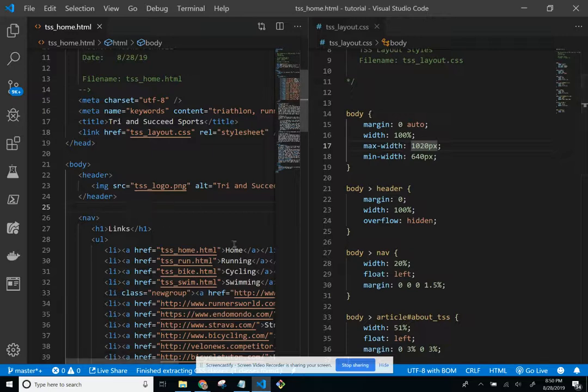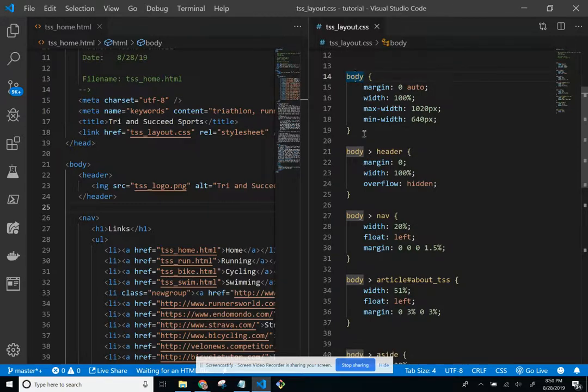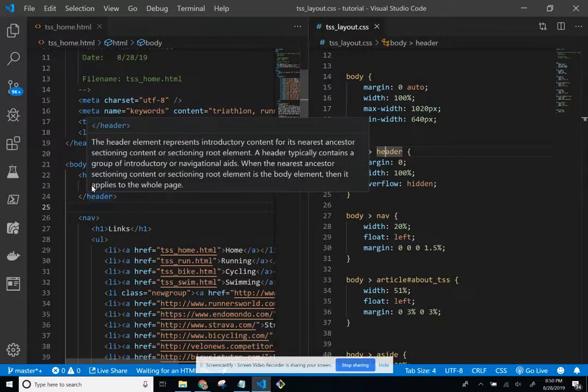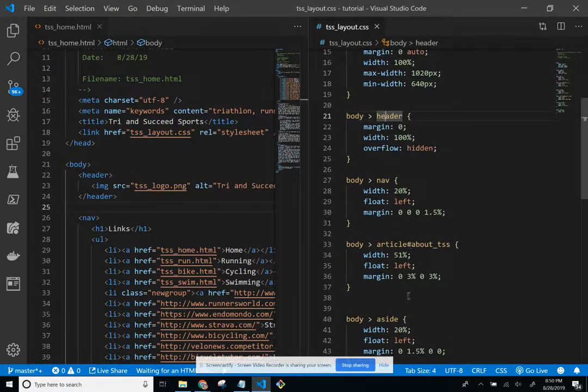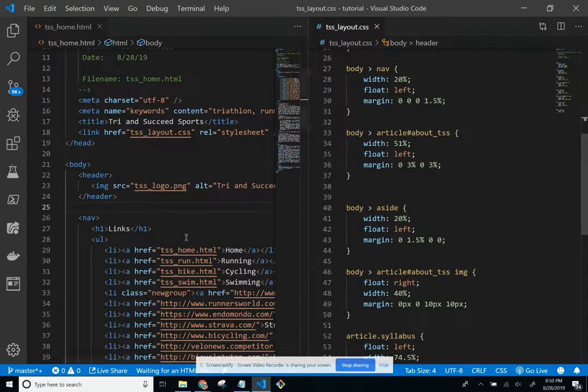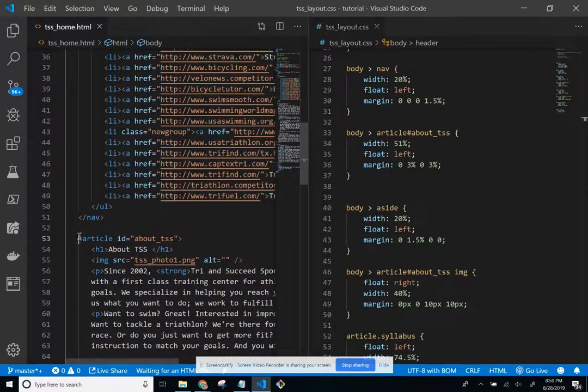You know, because we started with this, and when the browser reads it, it starts from top to bottom. So it's like, okay, it assumes everything's in the body, right? And it's like, oh, wait a minute, this is body, then header. We got something special for that. Okay, then we got to apply that something special for that. Then it starts going down, oh, there's something special for body and nav. We got to do something special for whenever we see the nav inside the body. And same thing with the article and the aside. So whenever we got to the point of article,